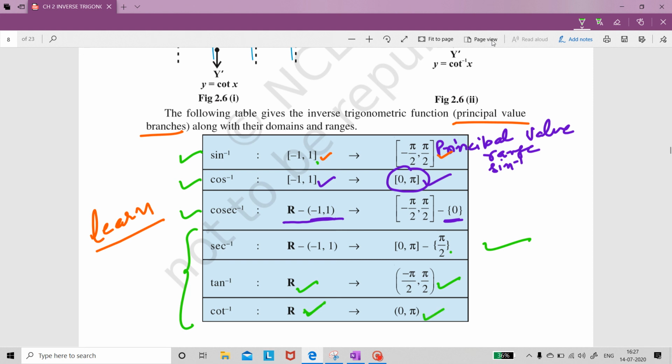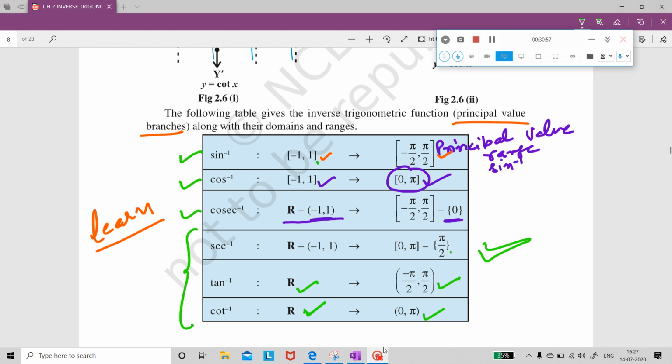And students, you have to learn, you have to memorize this table by heart. As you know, the CBSE has changed the syllabus for this term only. It has reduced the syllabus by 30% due to the coronavirus only for this year, and therefore the questions are going to be asked only from the domain and range, and in-depth questions can be asked. So students, please prepare all these concepts very well.